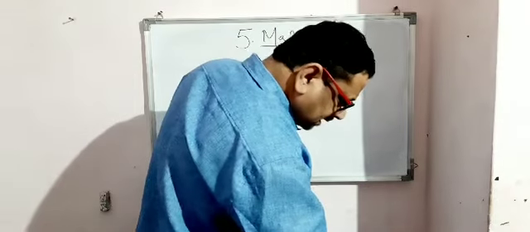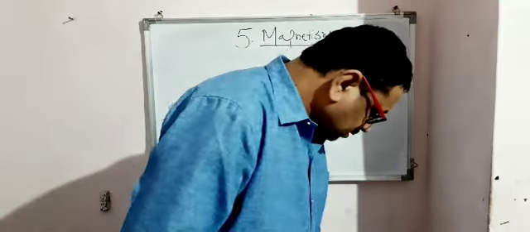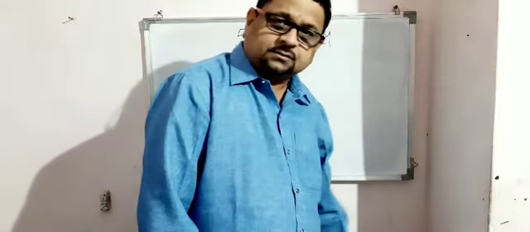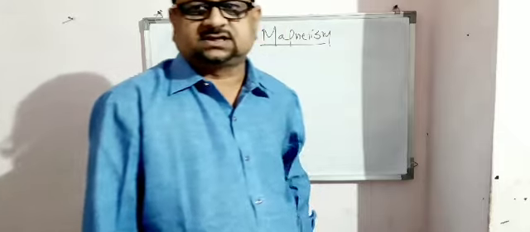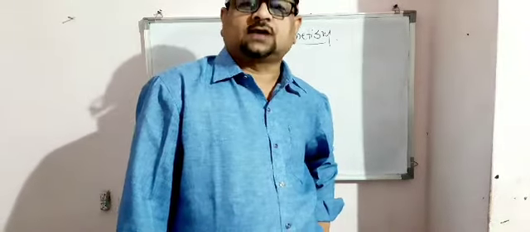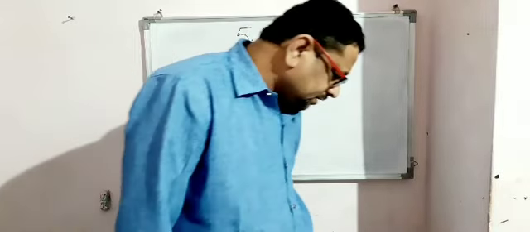See, the numerical goes like this. Two magnetic poles are there. I am going to read the numerical first, then we will see the data given, and then at the last we will see what we have to calculate. So let us say I am going to read the numerical.